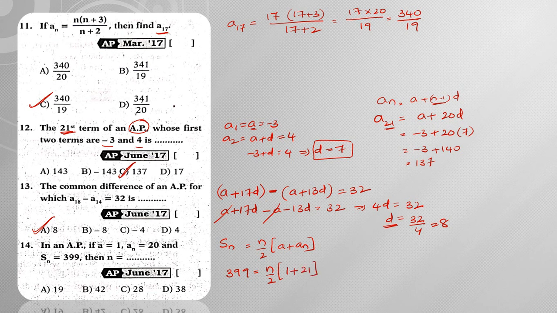Now based on this, AN is 20 here, right? Now on simplification, what am I going to get? 399 into 2, so this 2 I have cross multiplied is equal to N into 21. So on both sides I can cancel this particular 21 in 3 table. So this goes 7 times in 3 table, so 133 times.